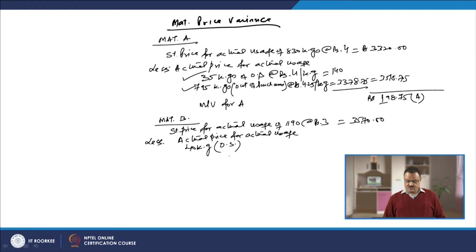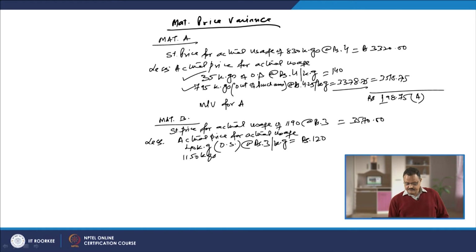We had the opening stock of 40 kgs at rupees 3 per kg. This works out as how much? Rupees 120. 40 into 3 is 120 rupees, and